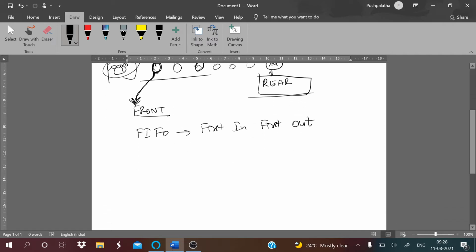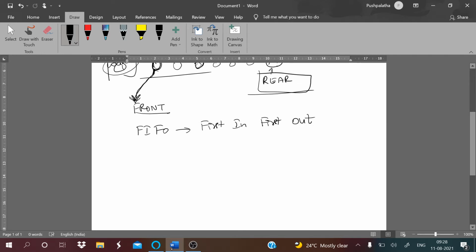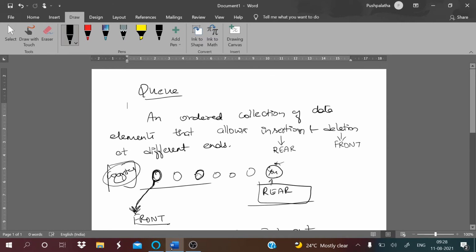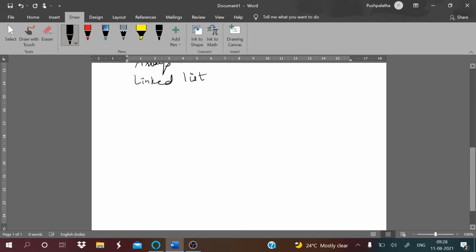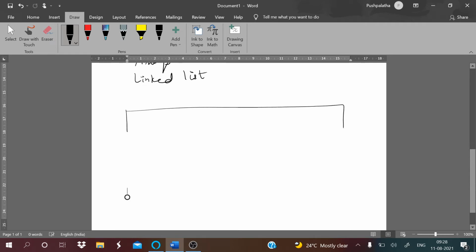There are two ways of representing queues: one is using arrays and one is using linked lists. For now we are going to make use of arrays. You already know what an array is, right? It is a continuous memory location where the data elements are stored.